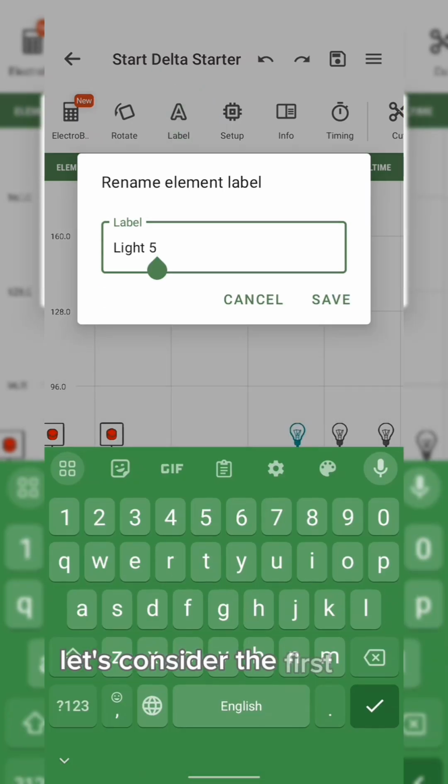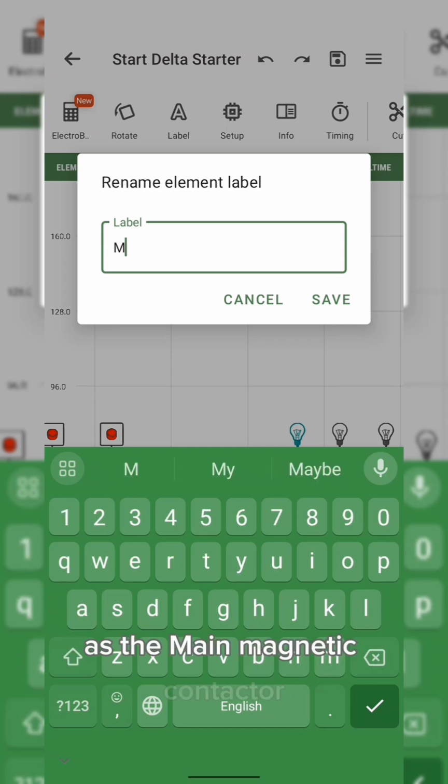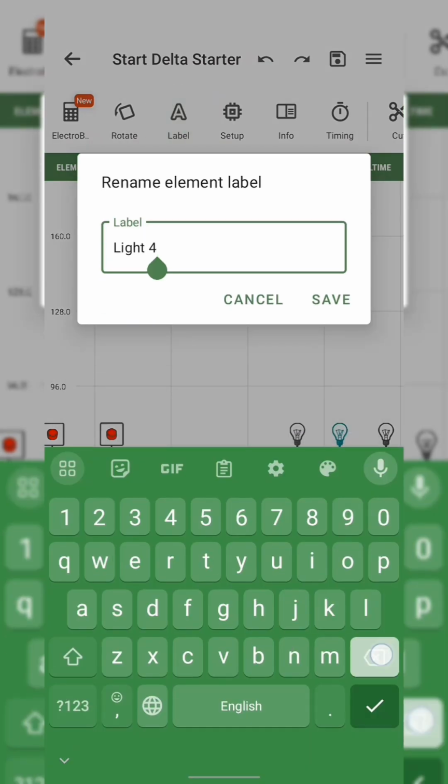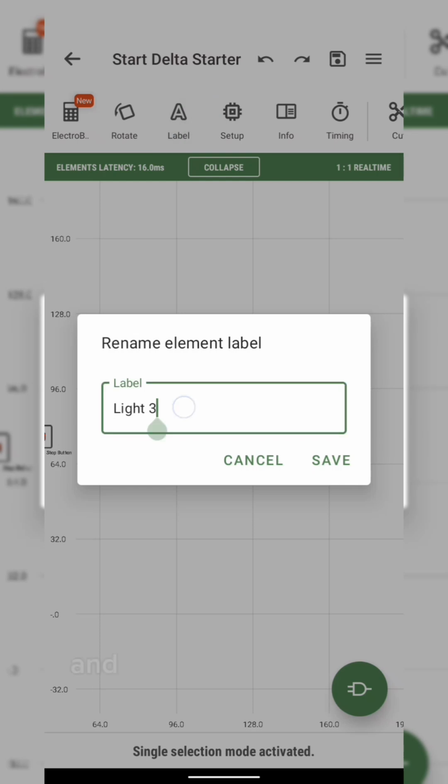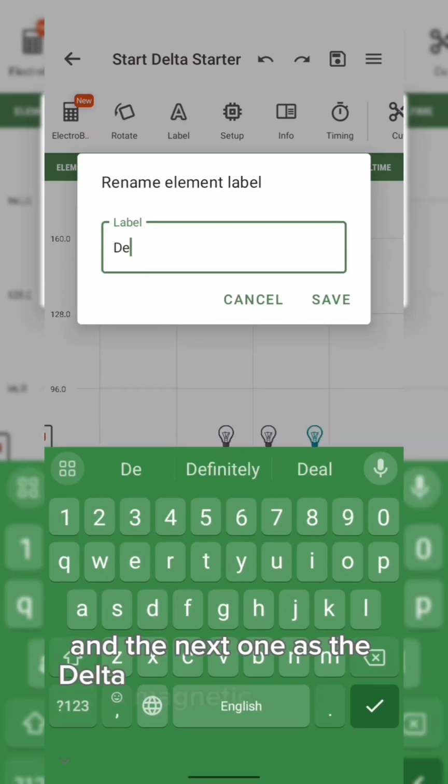Let's consider the first one as the main magnetic contactor. The next one as the star magnetic contactor. And the next one as the delta magnetic contactor.